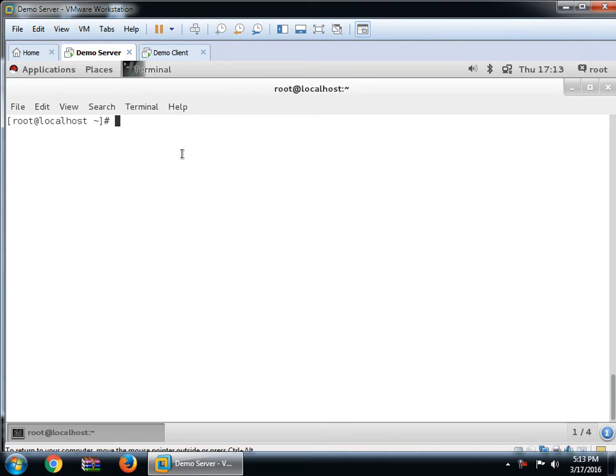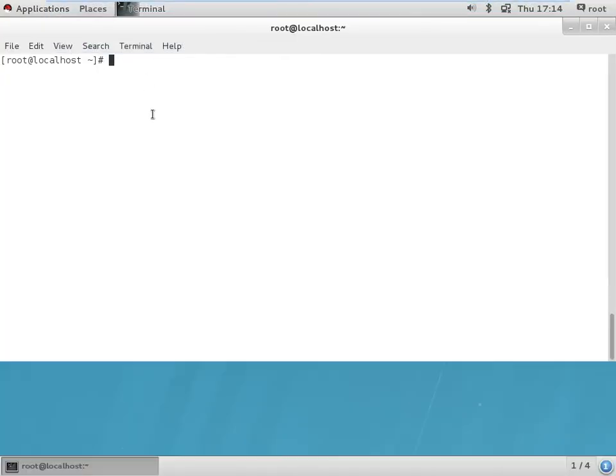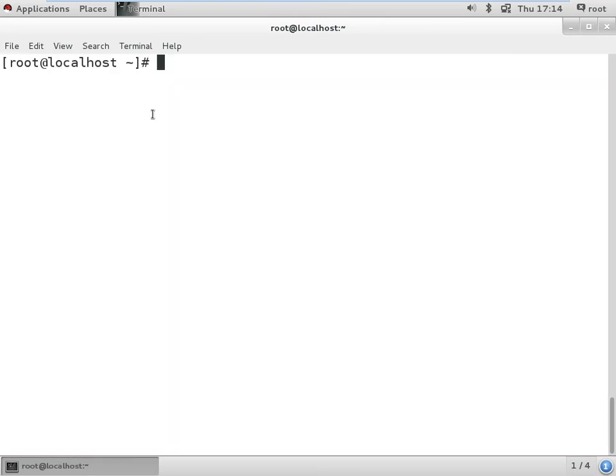Today our topic is Samba server. Now, what is Samba server? Samba server with RHEL 7.0.